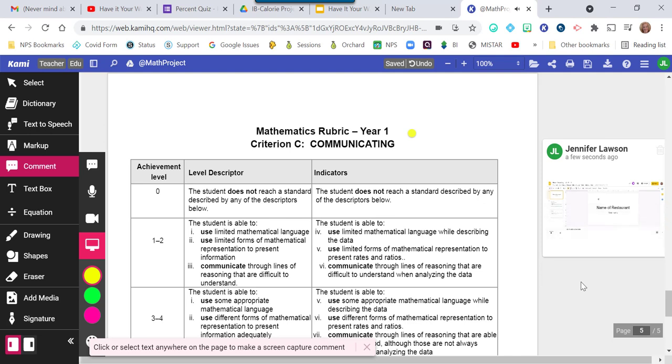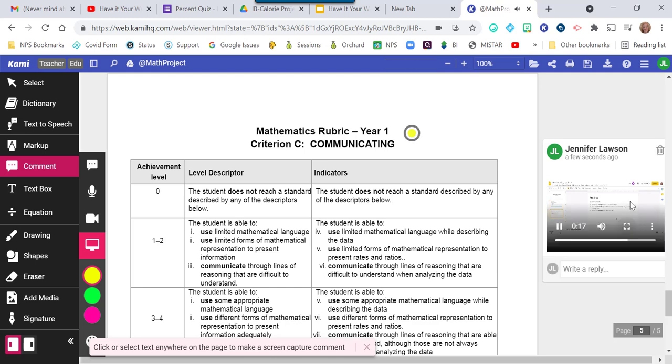Hey class, I want to run through your project one more time real quick. Make sure your top slide has the name of your restaurant, your name on it. You've got all of these items listed. You can click on this document for your rubric. And don't forget your final slide. You have to tell us how this project has changed your way of thinking about